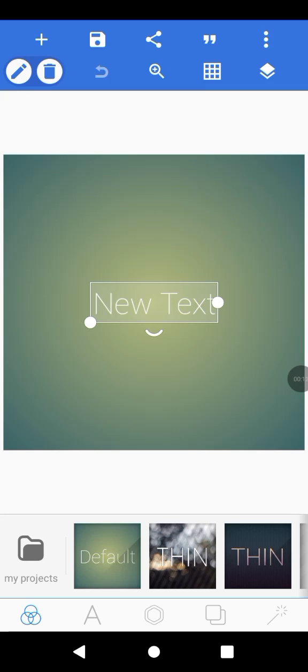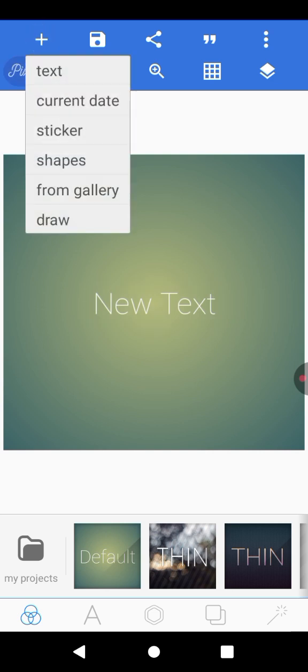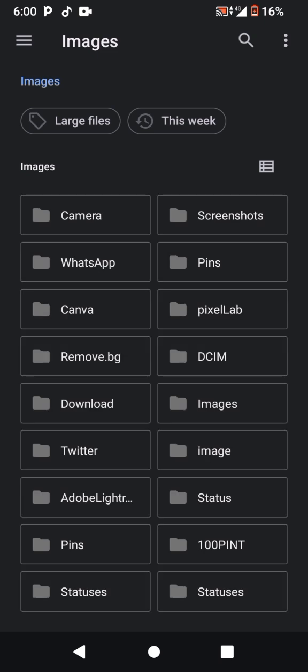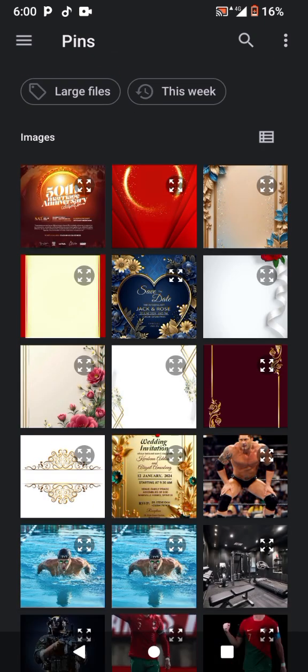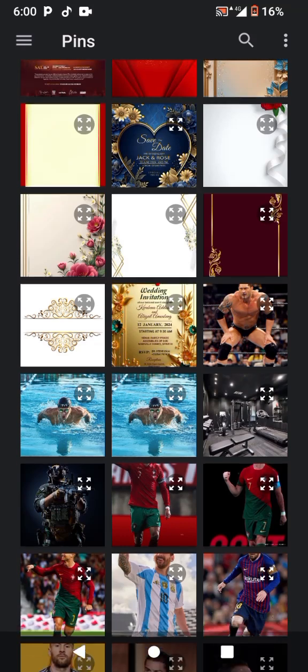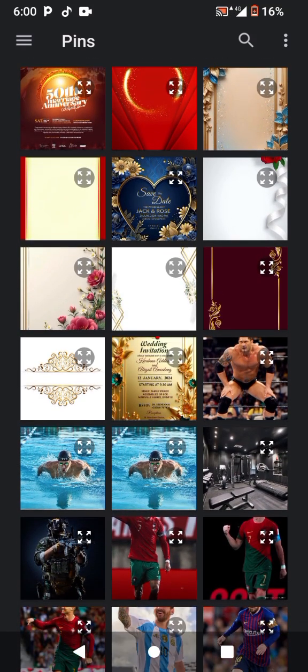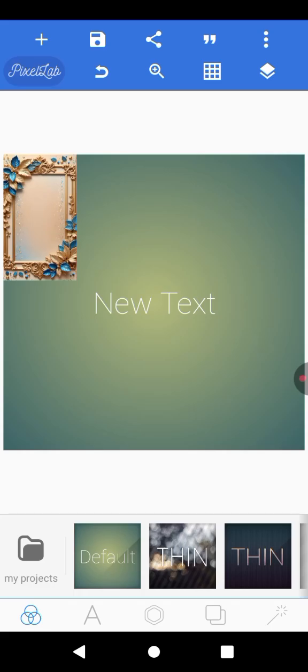You how to create a good wedding invitation card, but we are using Pixel app. So head over to importing our background, click on this plus icon from gallery, then it will lead you to where your file is. Already you know you get some of this background from Pinterest, so you choose any background of your choice. Background is here,